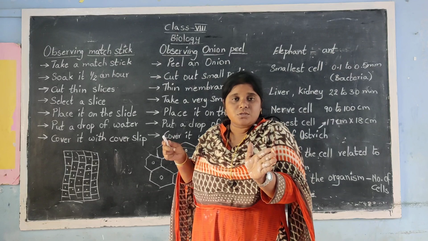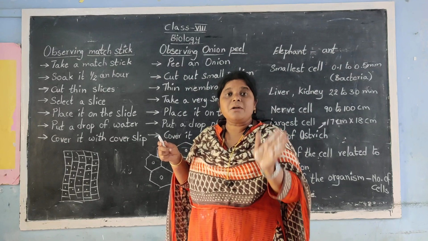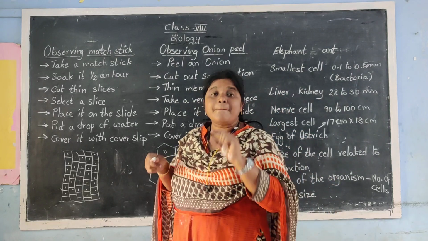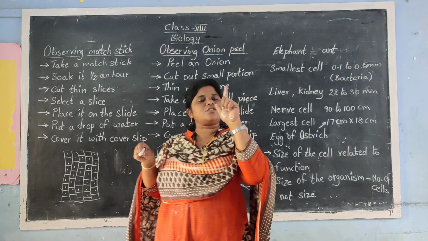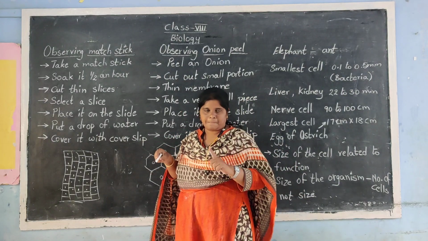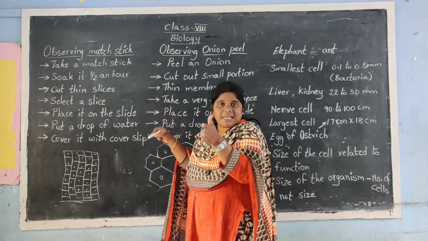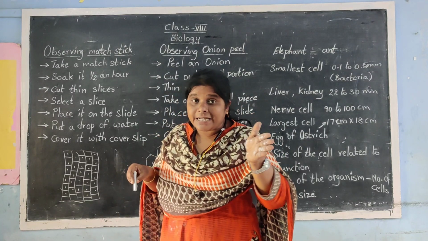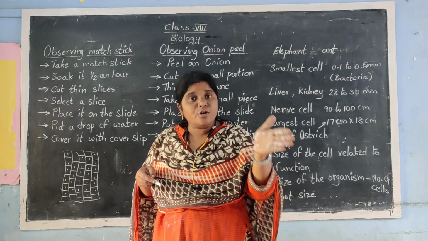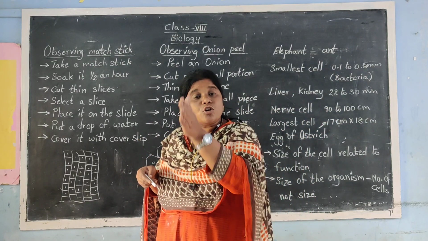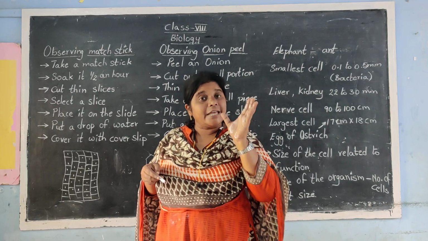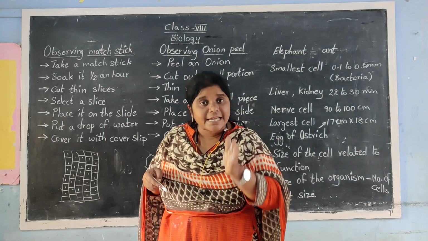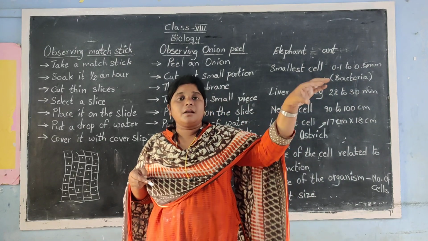So, the device used for observing the cells is what? Microscope. Now, let us take the material called matchstick. You all know matchstick, no? First of all, we are doing an experiment on matchstick. The material we are selecting is called the experimental material. Like that, Robert Brown discovered what? Nucleus. So, which experimental material did Robert Brown take? Orchid leaf.